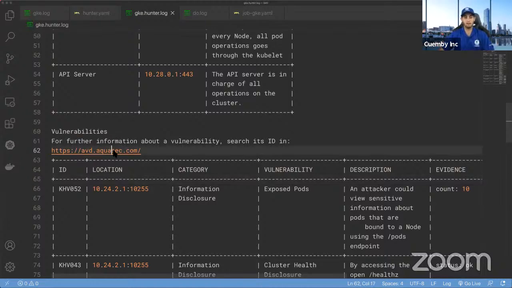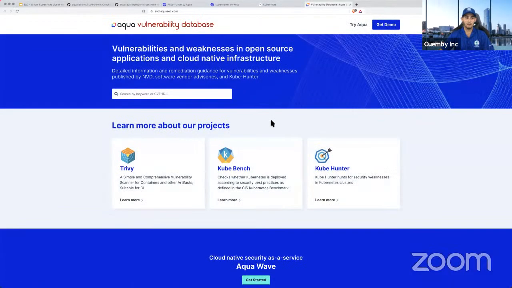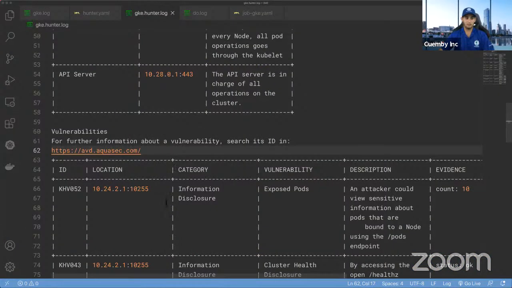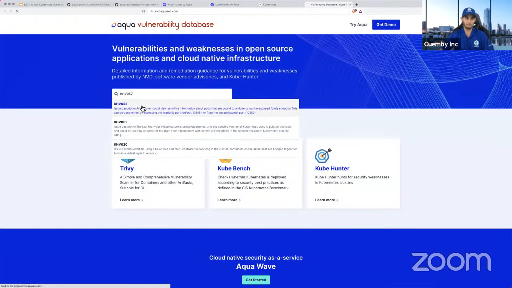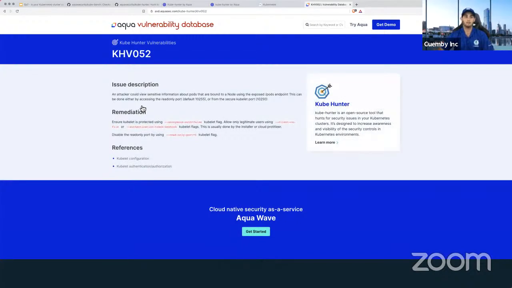And it's actually giving me a website for me to go and check more information if I want to, by Aqua, and then, hey, you should look into this. I think the ID should be here. There you go. Nice. So it's telling me, based on the CIS, this is what you do in run, dude, fix it. And it's done by Kube Hunter. So it's telling me which tool is giving me this type of fixes.